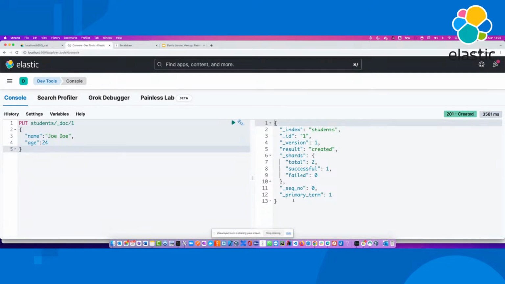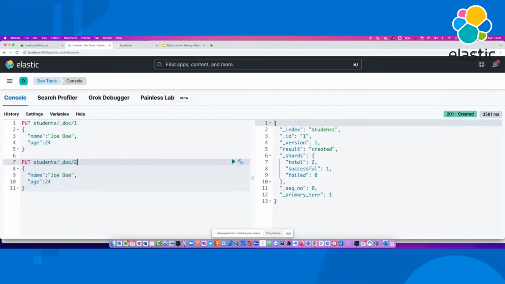You can see on the right hand side that the document has been created. It took about 3.5 seconds for this document to go to Elasticsearch, get indexed, and come back to us, right? So that is pretty good, I mean, it's done the job of getting that right. You can still go and create more. Let's say John Doe's girlfriend is Gemma Doe, for example. If I do that one, I got another document created, right?